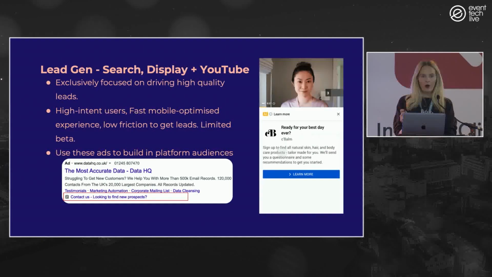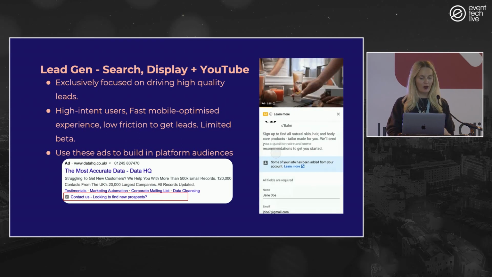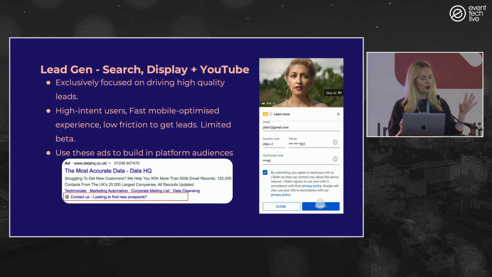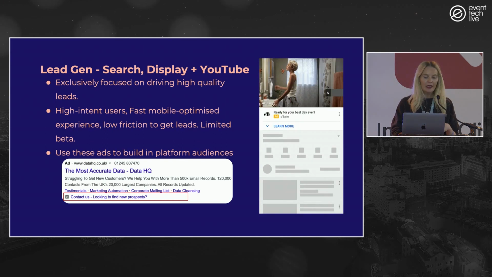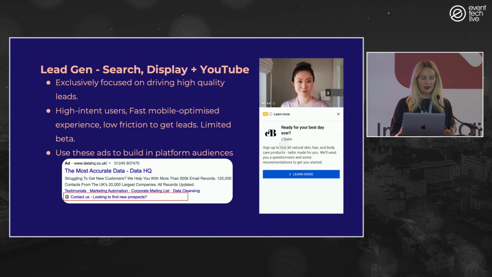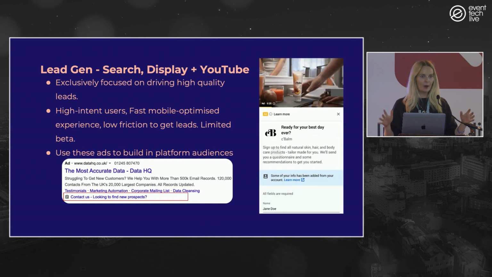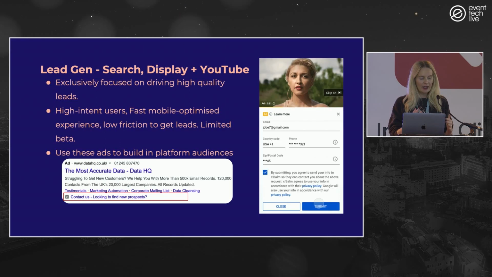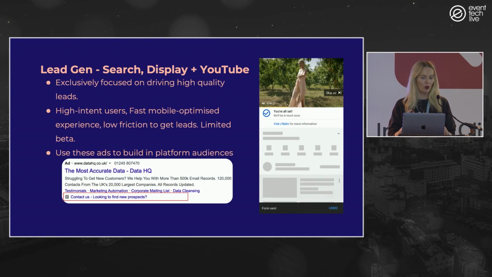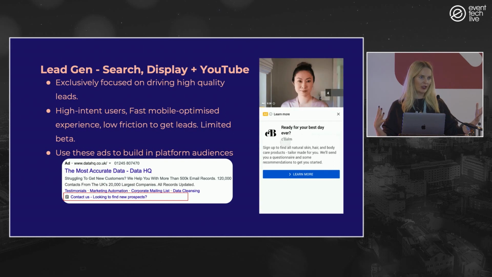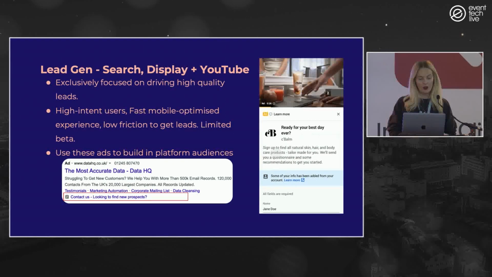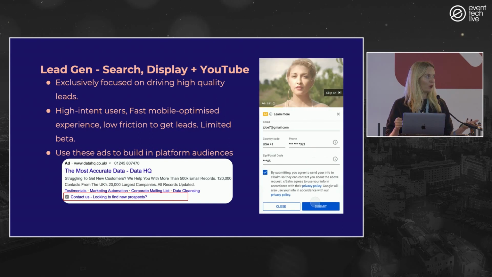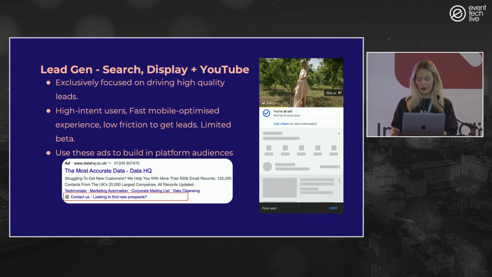I mentioned the lead gen forms a couple of minutes ago, and this is what they look like in real life. So this was something that happened on Facebook a couple of years ago, but now you can do it on all of the channels: LinkedIn, search, display. And it's how do we build high quality leads? Keeping in mind that the ad tech platforms want you to remain in platform. They don't want you going anywhere. So they're making this kind of seamless experience on the platform. So one-click data capture, export the CSV, and it goes straight into your CRM system. So really nice, immediately captures all the information that you've put into the platform and feeds into your CRM.